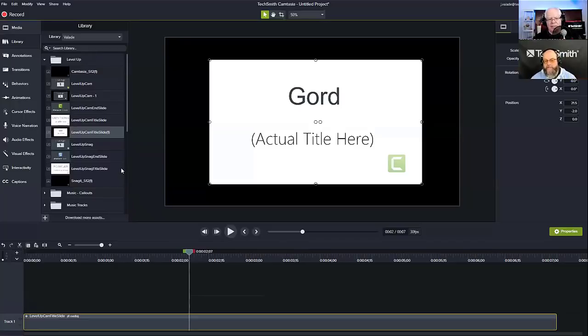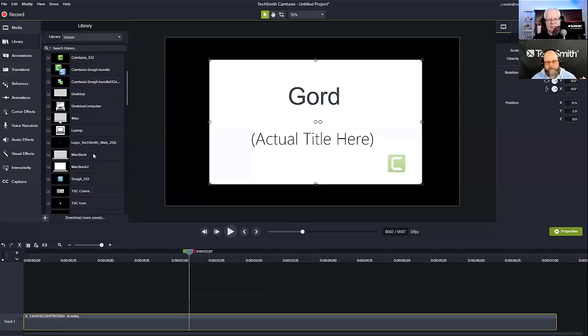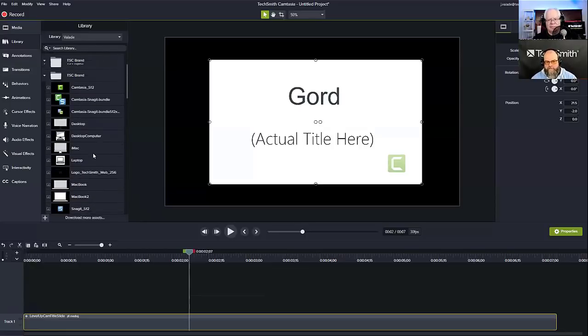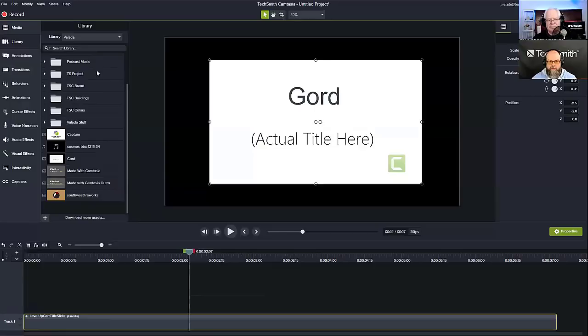Absolutely. And that's why naming and putting them in certain folders for different projects is really important. Like as you saw, you have a ton of folders in your library ready for specific use cases. I am a big fan of using folders inside of libraries in Camtasia so that I can look right away. For example, working for TechSmith, I have a branded folder here that just has TechSmith branding information in it, icons, fonts, logos, and stuff like that. I'm going to keep that nice and clean for that project. And of course, if I ever want to add a new folder, all I have to do is scroll to the bottom of my library, right click, and create a new folder for whatever project I happen to be working